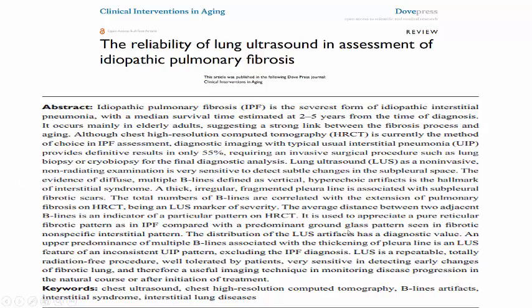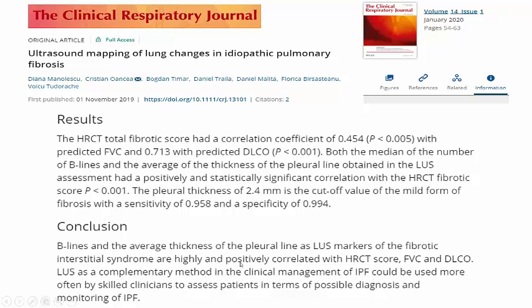This is a publication which I searched for and found, denoting the importance of very thick pleura in interstitial pulmonary fibrosis. In these articles, B line and the average thickness of the pleural line as lung ultrasound markers of fibrotic interstitial syndrome are highly and positively correlated with high resolution CT. So, with very thick pleura and diffuse B line without subpleural consolidation, be alert to consider pulmonary fibrosis or